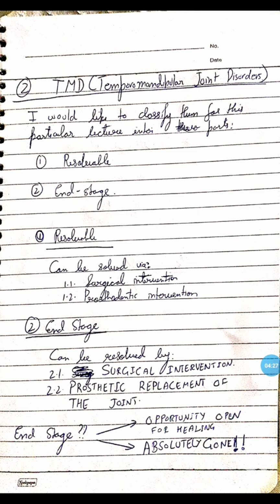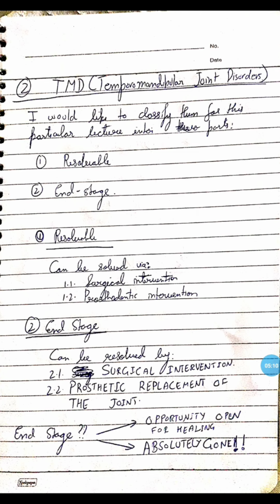So if you look at an end stage, this can again be of two types. There may be an opportunity that is almost open for healing, so you can go in for a surgical intervention like arthroplasty, and then try to improve the situation by minimal removal of the diseased area. But in case the entire joint has been affected in such a bad way that no kind of surgical intervention can help, you have to go in for a prosthetic replacement. Now it's even hard to imagine how prosthetic replacement of this joint would be possible, considering that the joint in itself is such a complex structure.